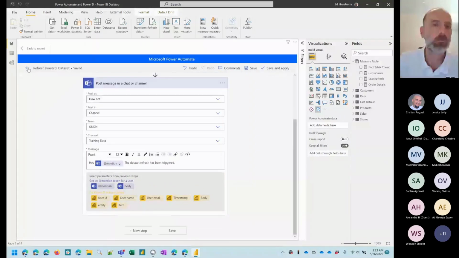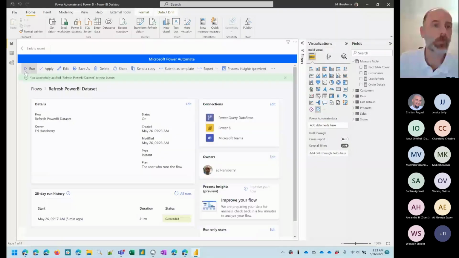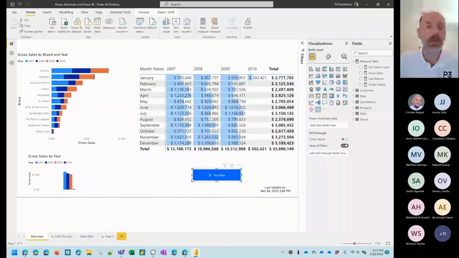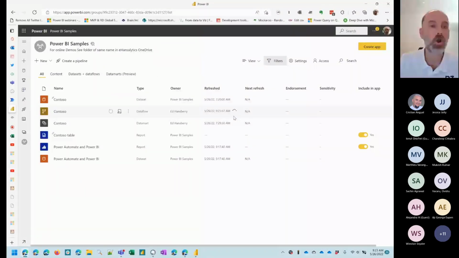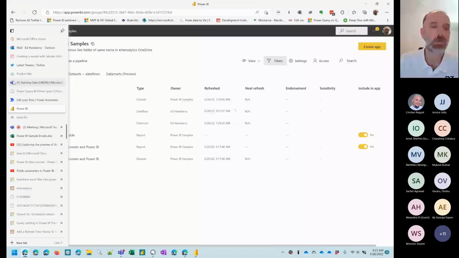I'm going to go back to my report. I always hit apply one more time, even though I probably don't need to. Now, if I trigger this, so it says triggering, it's running a process. If I go to my workspace, you can see the spinning ants. The data set, the data flow has already started to refresh. And if I go into Teams,